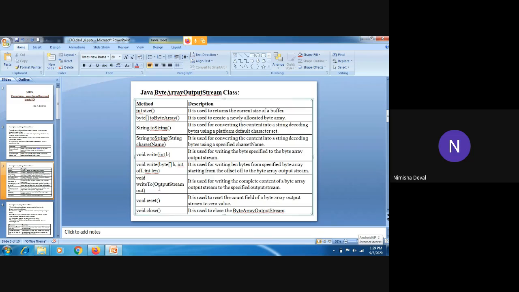Next, the writeTo method, with the parameter OutputStream out.